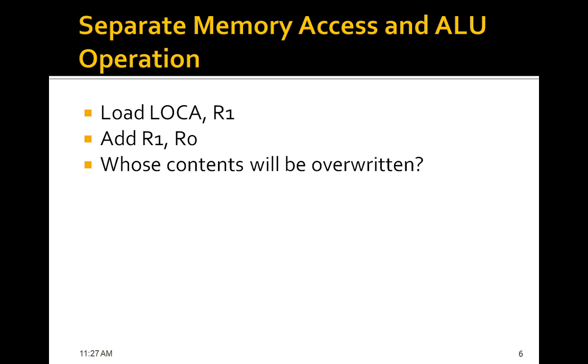In most modern computers, these two operations are performed by separate instructions for performance reasons that are explained in the upcoming chapters. So the effect of the above instruction can be realized by a two-instruction sequence. Because of performance issues, this instruction involves two types of operations, and both of them can be written in different steps. Consider the same instruction written in another way: load location A, R1 and then add R1, R0.